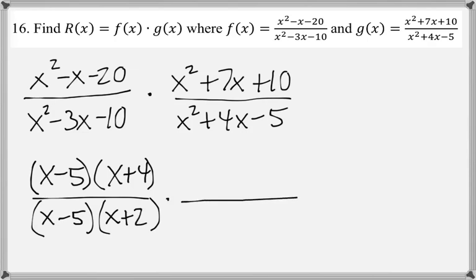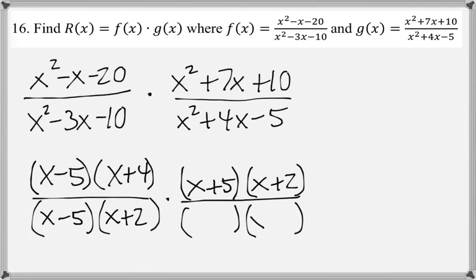The top right, what two numbers multiply together to give you 10, but add together to give you 7? That would be 5 and 2. And then the bottom right, what two numbers multiply together to give you negative 5, but add together to give you positive 4? That would be plus 5